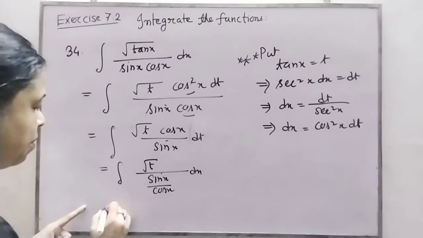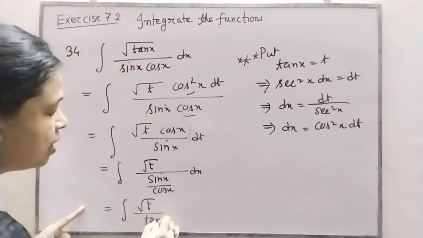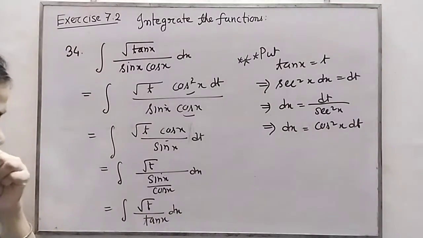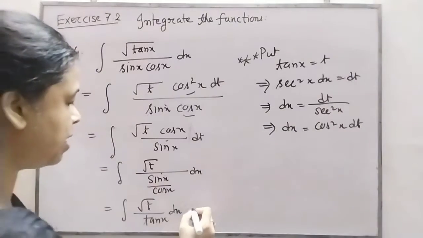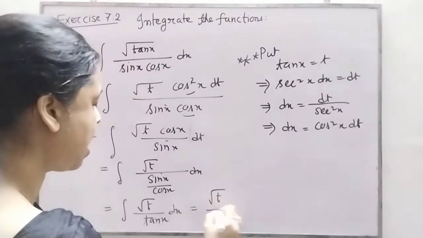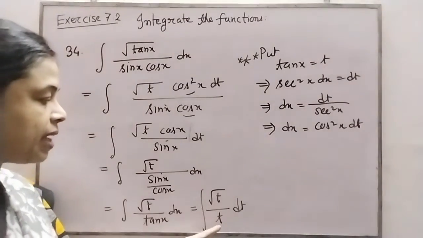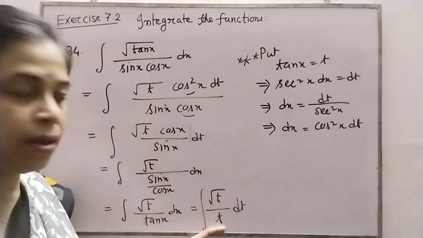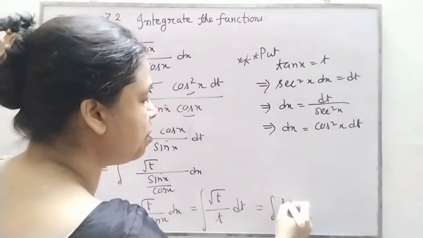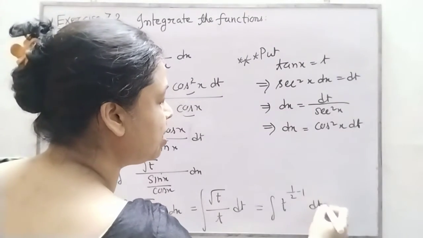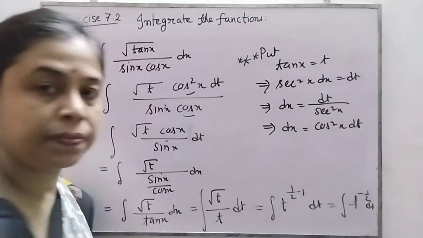I just arrange it like this because on taking the reciprocal this term will come, and it will help you. What is the help that will happen here? Sin x by cos x will give you tan x. And you know the value of tan x is t. So I can use here under root t, and this is t, whole thing dt. Now I can cancel out 1 root over t. That will give you, or if I bring it to the numerator, t to the power half minus 1 into dt. That is t to the power minus half into dt.